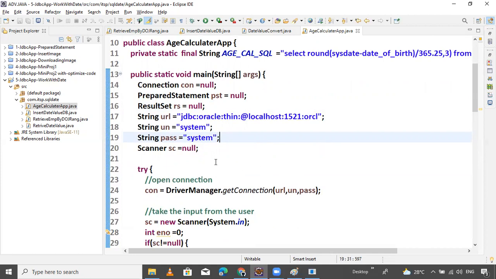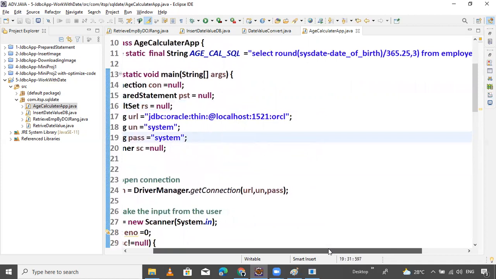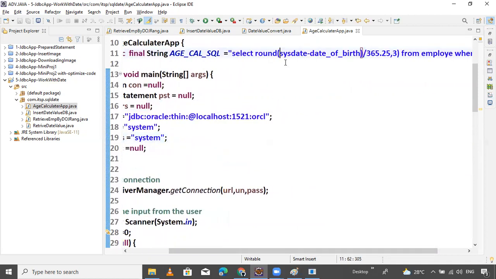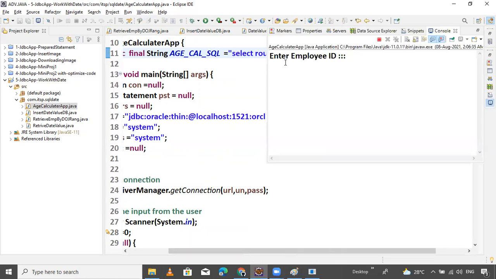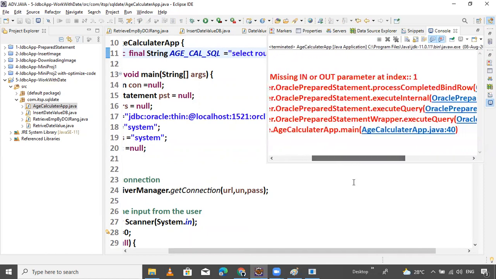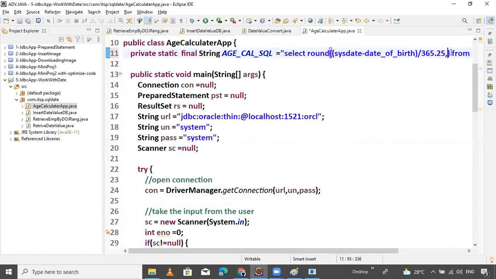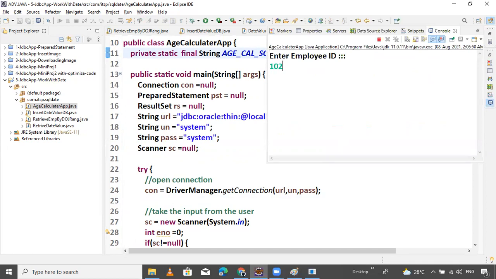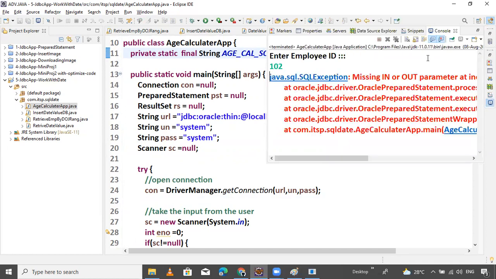Don't worry. Okay. One is missing. This one. Just Control F11. One not two. Yeah, again it's missing this one, parameter index. Provide here. So provide two. Control F11.